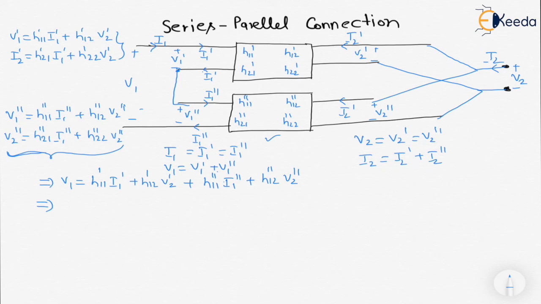From here we can see clearly that I1 dash and I1 double dash are equal. So V1 can be written as H11 dash plus H11 double dash